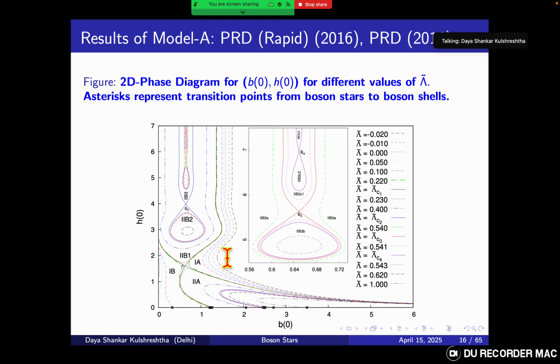And you see here, in the regions 1A and 1B, there are some phase trajectories. When the parameter lambda, the cosmological constant, passes through this particular value, they immediately change and now appear in the regions 2A and 2B. So there is a sudden change: from 1A, 1B, they disappear in those A domains and